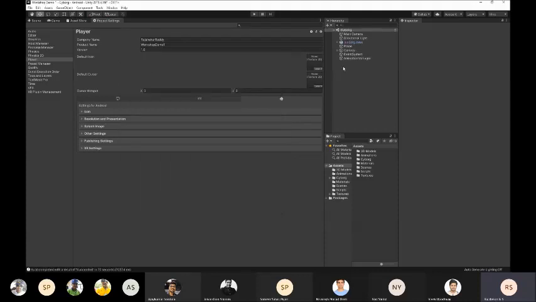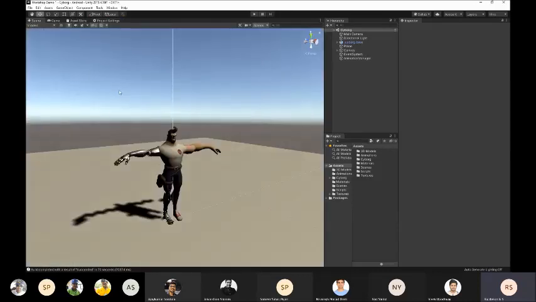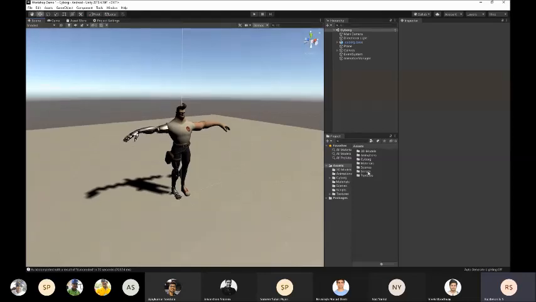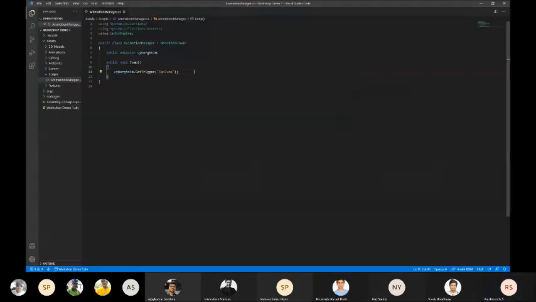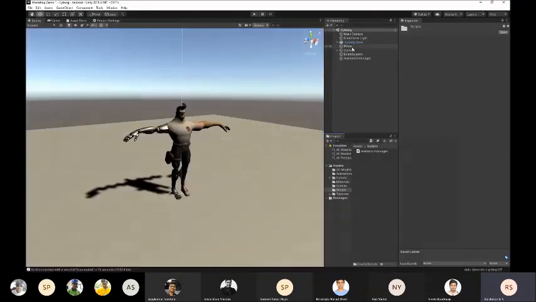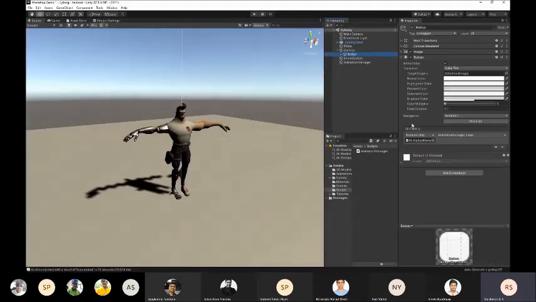Okay. So you want to know how the function is mapped to the button, if I'm not wrong, right? This is the function which we created, public void jump, and we are mapping this function to the button over here in this on click.